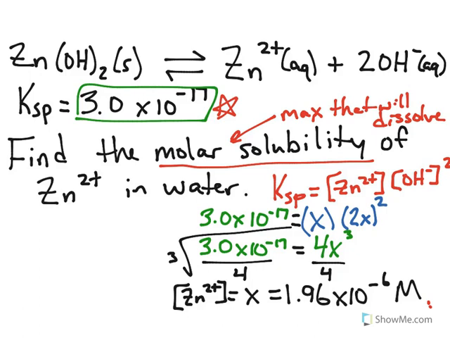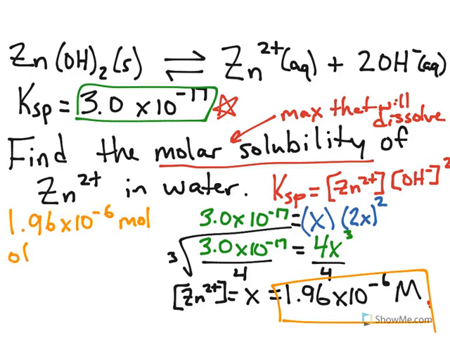So we can pause for a moment and think about what this means. This is the concentration of zinc at equilibrium. That is then the maximum amount of the zinc that's going to dissolve in this water. So that value, this 1.96 times 10 to the negative 6 molar, is the molar solubility. But we could take that a step further just for thinking purposes, and that means that 1.96 times 10 to the negative 6 moles of zinc 2 plus